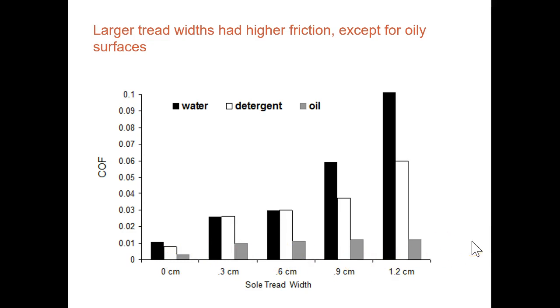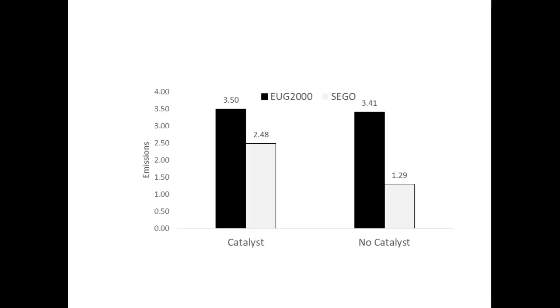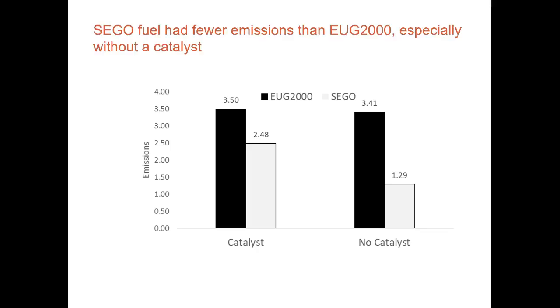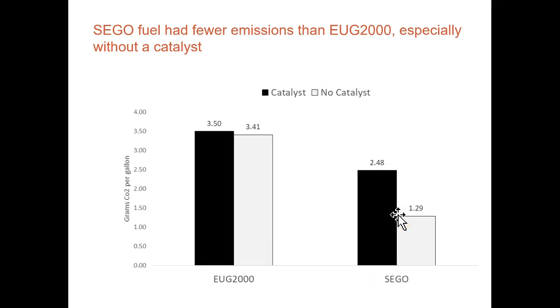All right, that's okay. Here's another example, a much simpler bar chart. This is comparing the emissions of two types of fuel. And if our story is that the Sago fuel, here in light gray, has fewer emissions than Yugo, we get that story from here, but what I primarily get is that no catalyst has fewer emissions than catalyst. If I just flip it around and flip it like this,